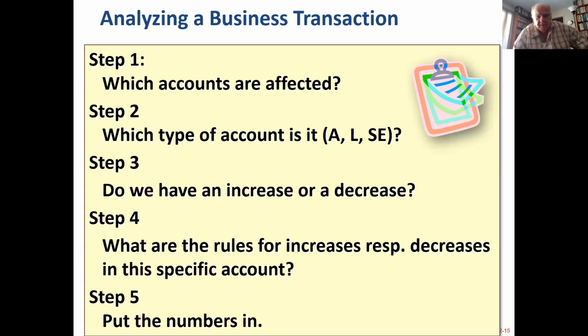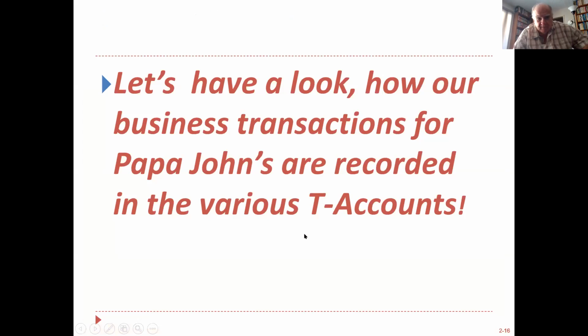So you know that it's going to be an expense, and you're not going to pay it right now. Probably pay it in 2 or 3 weeks. So that would probably go into accounts payable. What type of accounts? In my example here, it's going to be an expense and a liability. What goes up or down? What are the rules? Here we go. So let's look at some accounts here in chapter 2, okay?